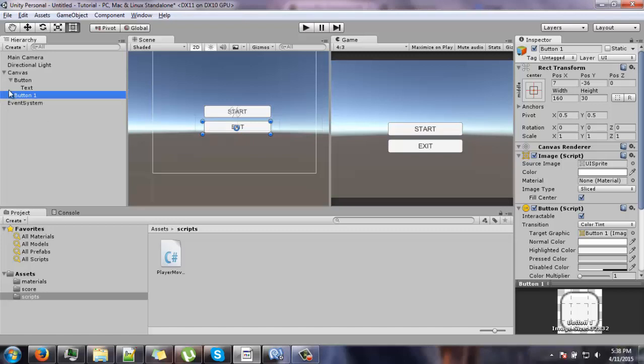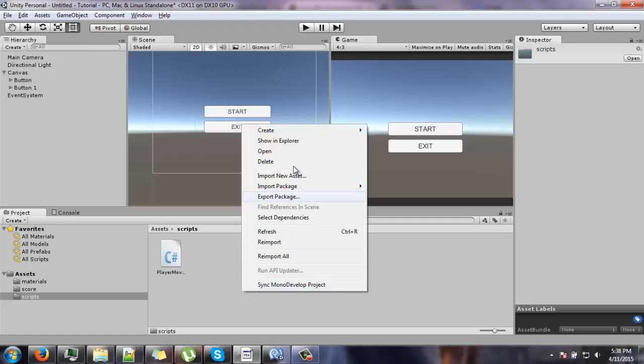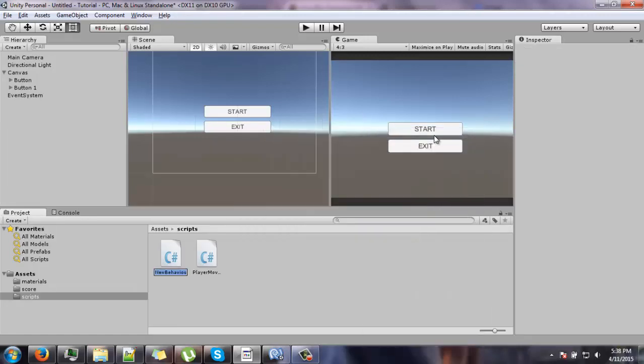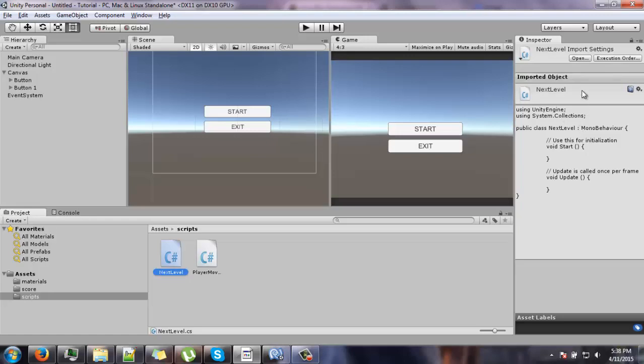So now let's move to the scripting. Right click and create a new C# script, name it next level, and this script will be for the start button. Now this will take us to the next scene. Okay, so open the script